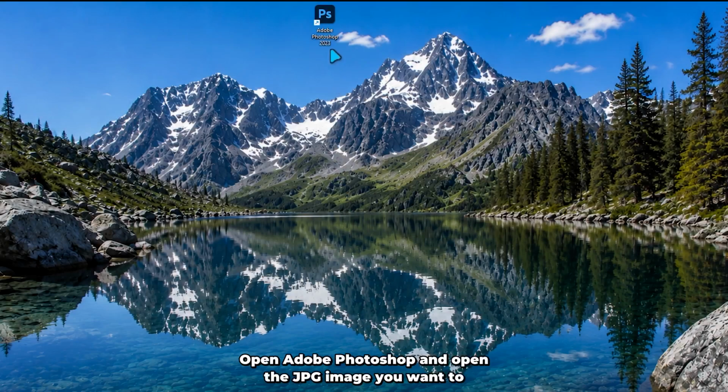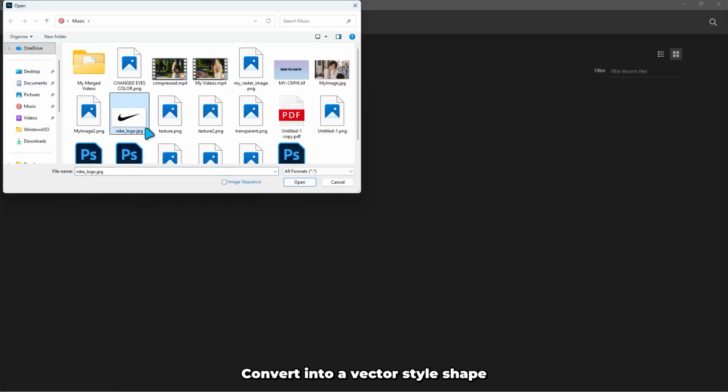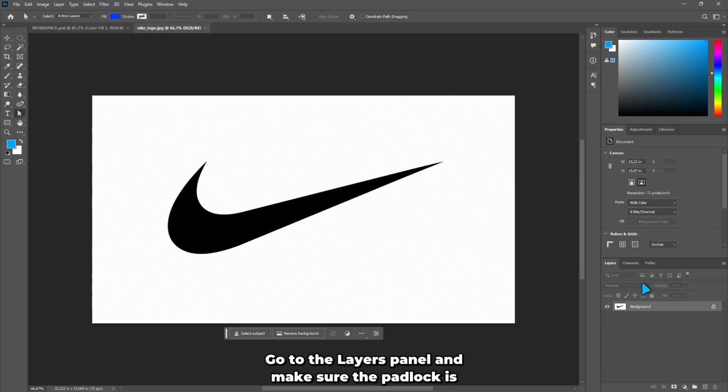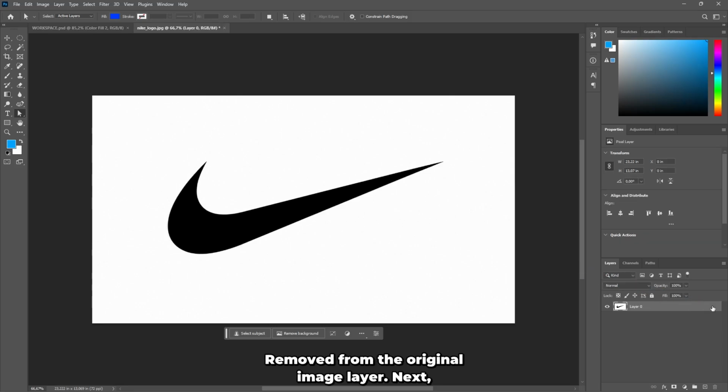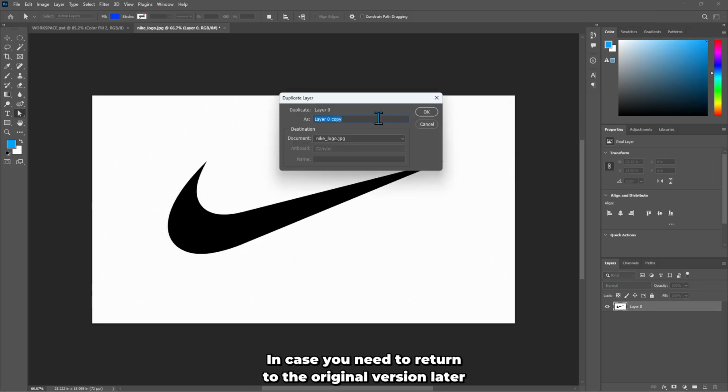Second, open Adobe Photoshop and open the JPG image you want to convert into a vector-style shape. Go to the Layers panel and make sure the padlock is removed from the original image layer. Next, duplicate the original image layer to keep a backup of the JPG in case you need to return to